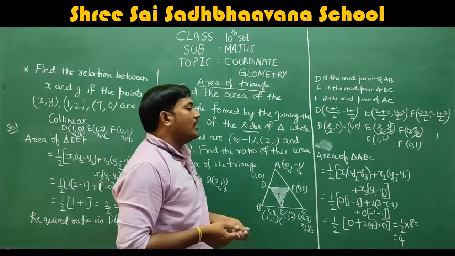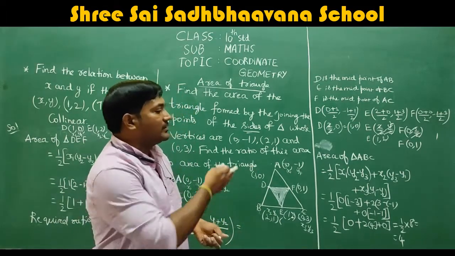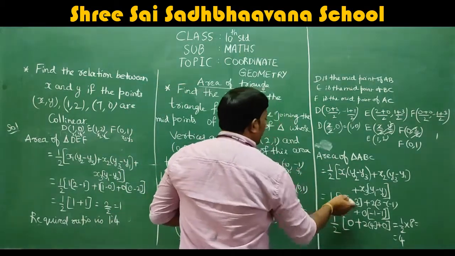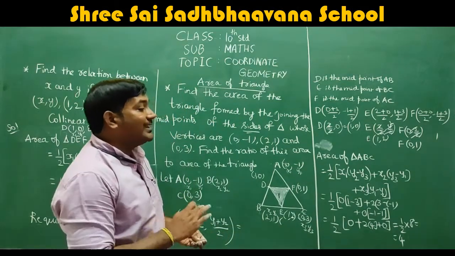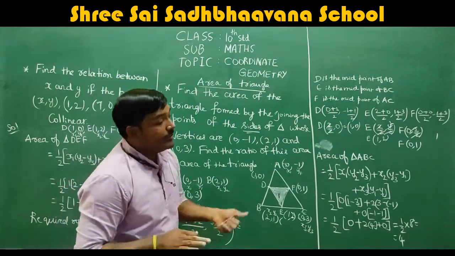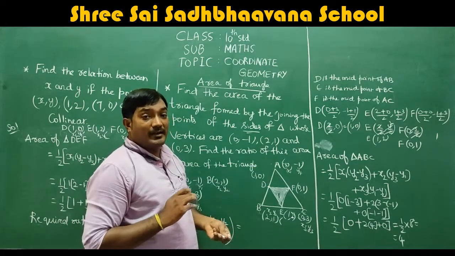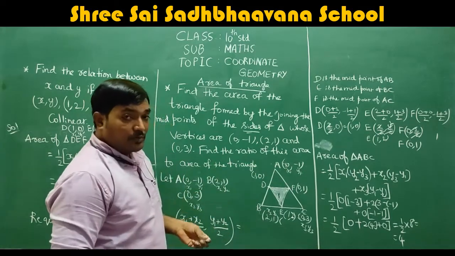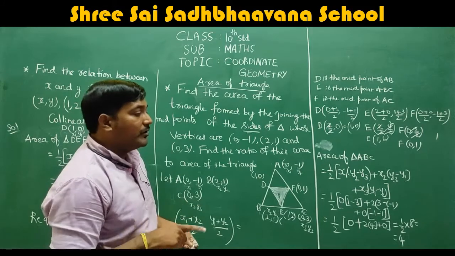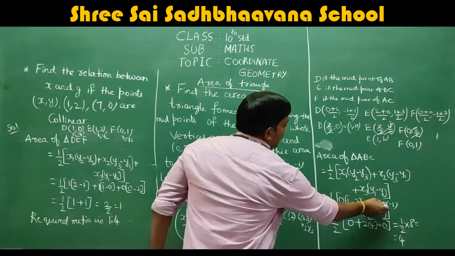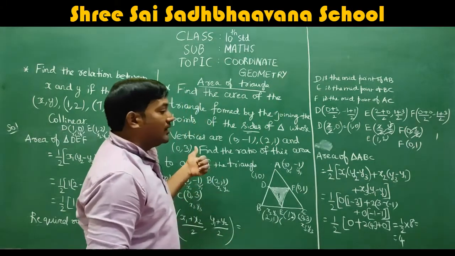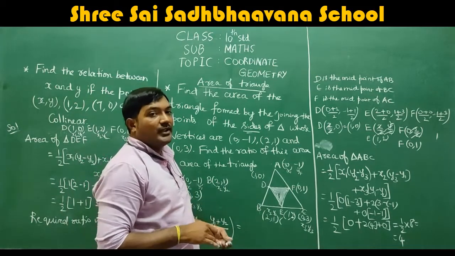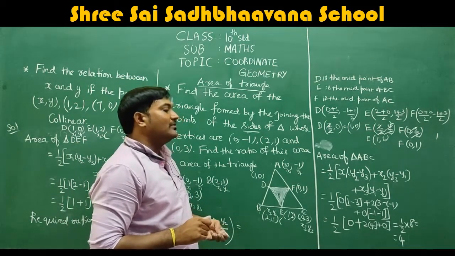Using the formula half into x1 into (y2 minus y3) and so on, we know the area of triangle formula, right? Just I substitute it. x1 is 0, so 0 into (1 minus 3) plus 2 into (3 minus of minus 1). Again I am repeating, you may make mistakes taking the negative value. If you don't take the negative value there, it will become 3 minus 1, and your answer will be different. So be careful when you are taking minus, especially. Because the vertex coordinate is also minus 1, in the formula also we have minus 1. Both negative signs you have to take. So 3 minus of minus 1 will give you 3 plus 1, 4.